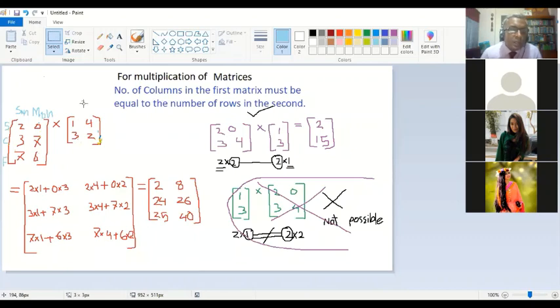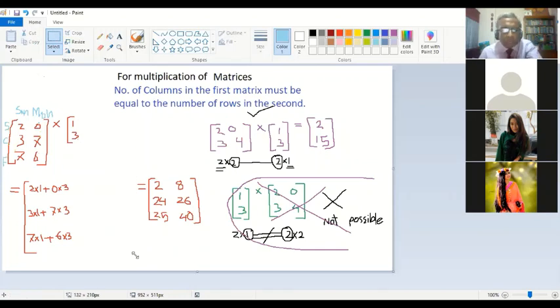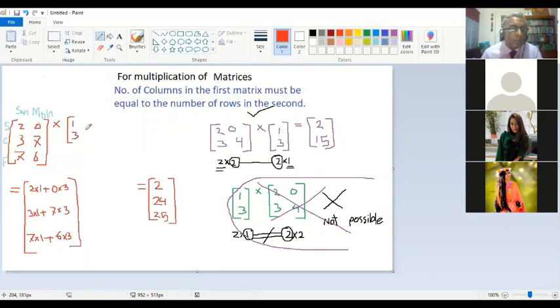Say for example we have only one column. I'm deleting one column. We have only the first column. Is that a problem? Is the calculation still possible? Yes, sir, it is okay. So just for simple understanding, we are taking only one column in the second matrix. So it is 1 and 3, and only one column.